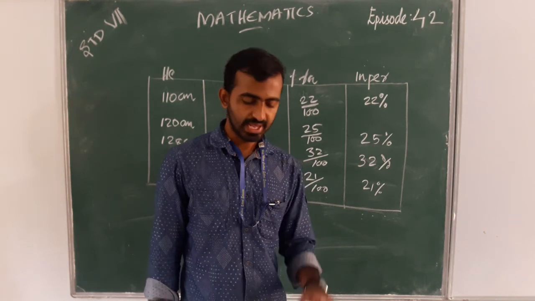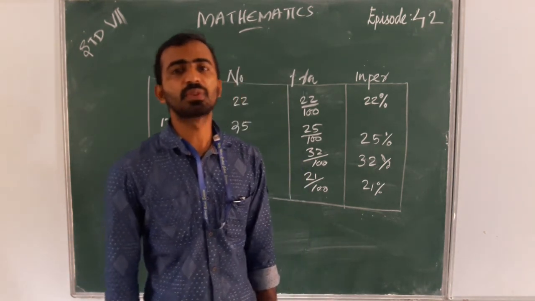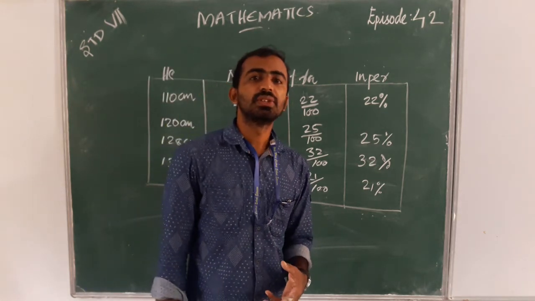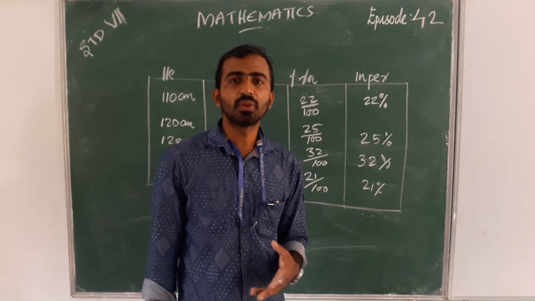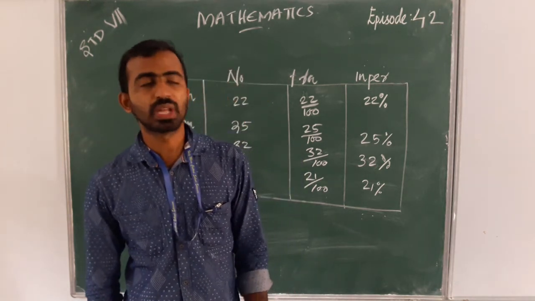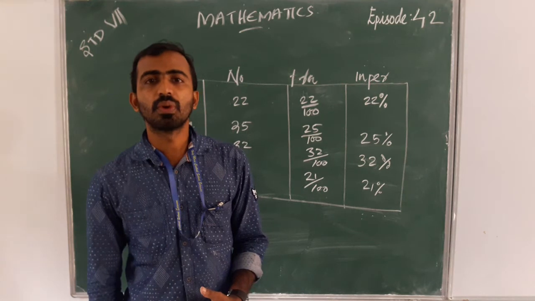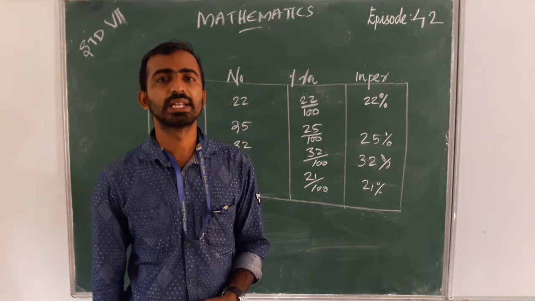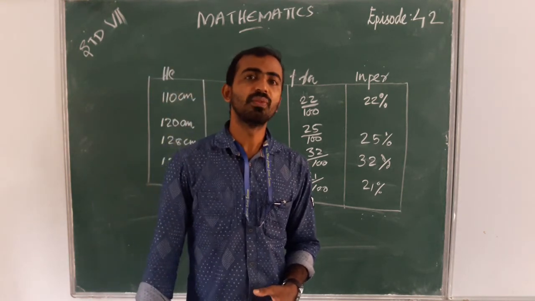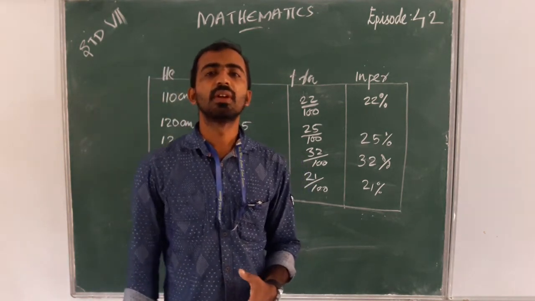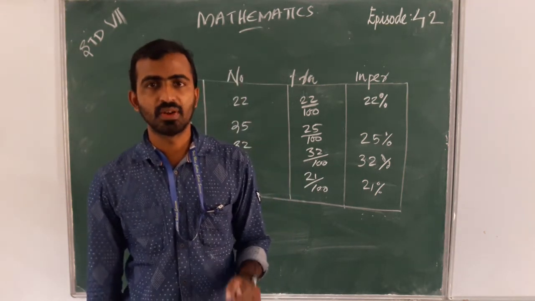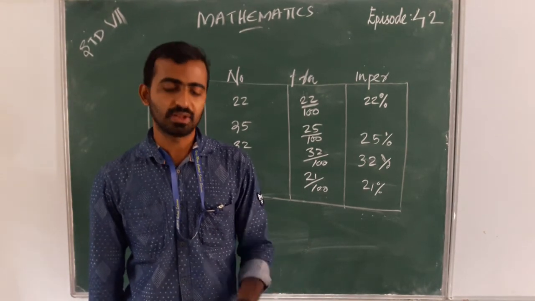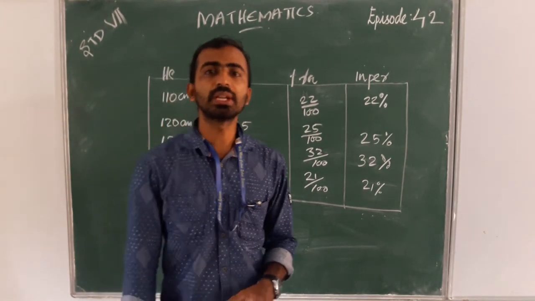And the second question is: a shop has the following number of shoe pairs of different sizes. That is, in a shop there are different types of shoes. Already we know that in a shop we want to buy a shoe. We get different sizes. Is it? Yes. When we want to buy a shoe, we go to the shop and buy a suitable shoe.